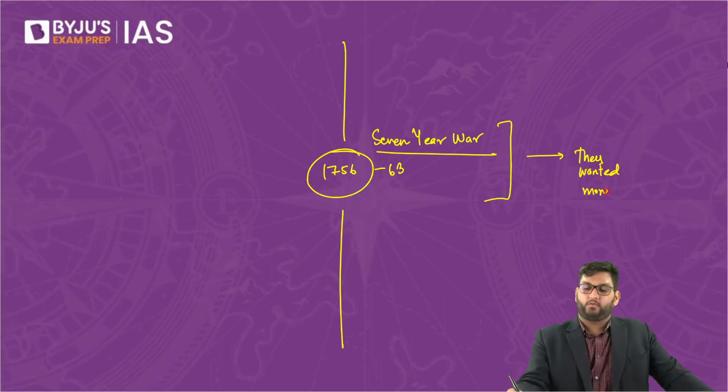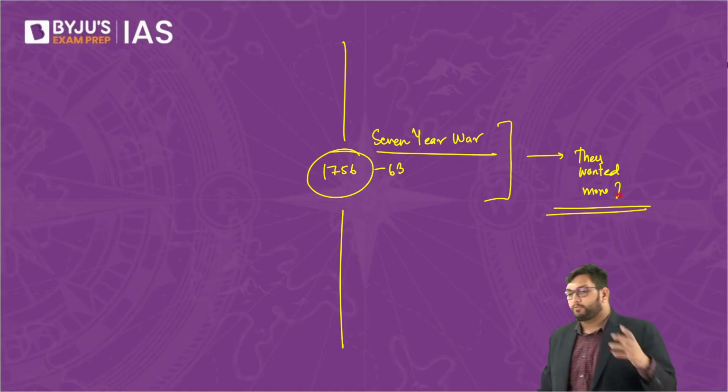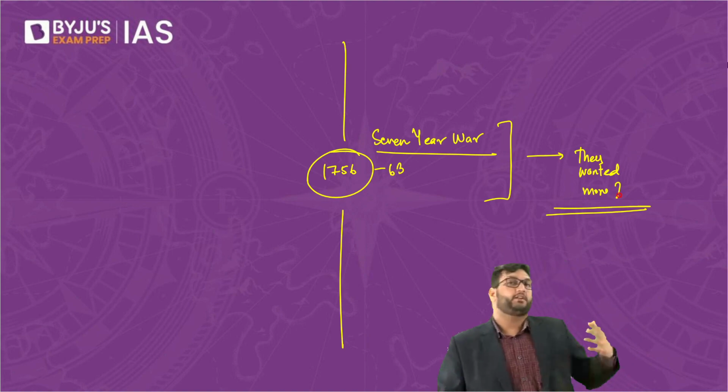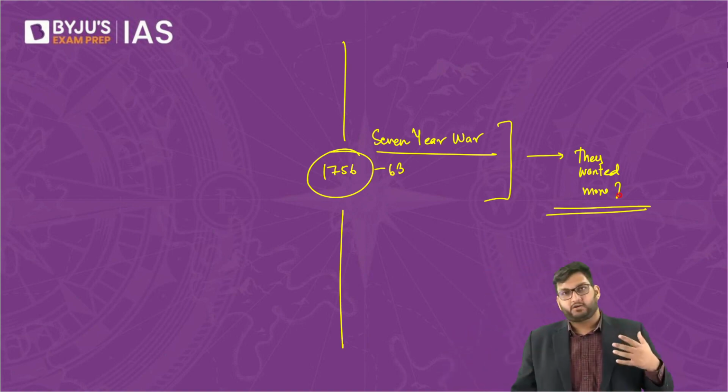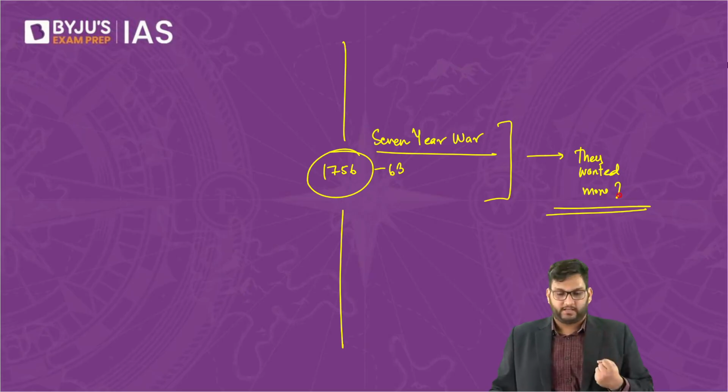So they had only generated a certain amount of revenue. The British national debt had increased quite a lot. In order to protect the Americans, they had taken a lot of money from people. They had sent a lot of arms and ammunition, and therefore they wanted more out of America. So the point at which we stopped yesterday was that there were two things, which is that the British